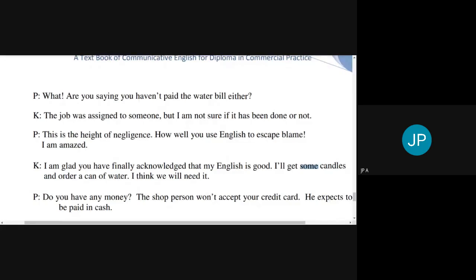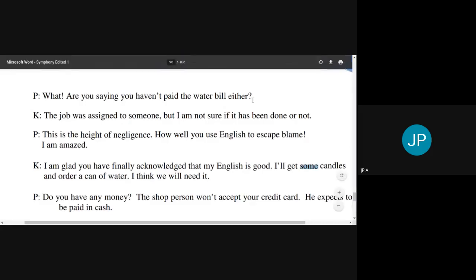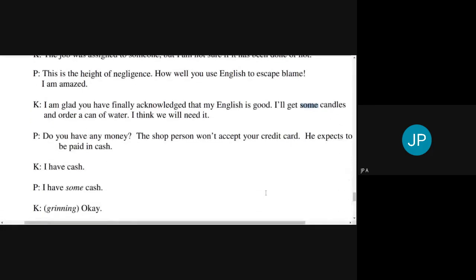Uncountable or non-count nouns like sugar. Uncountable or non-count nouns like sugar, salt, etc. We use some, but here we cannot use some. So that is the error that he makes. So the last error, he repeats the